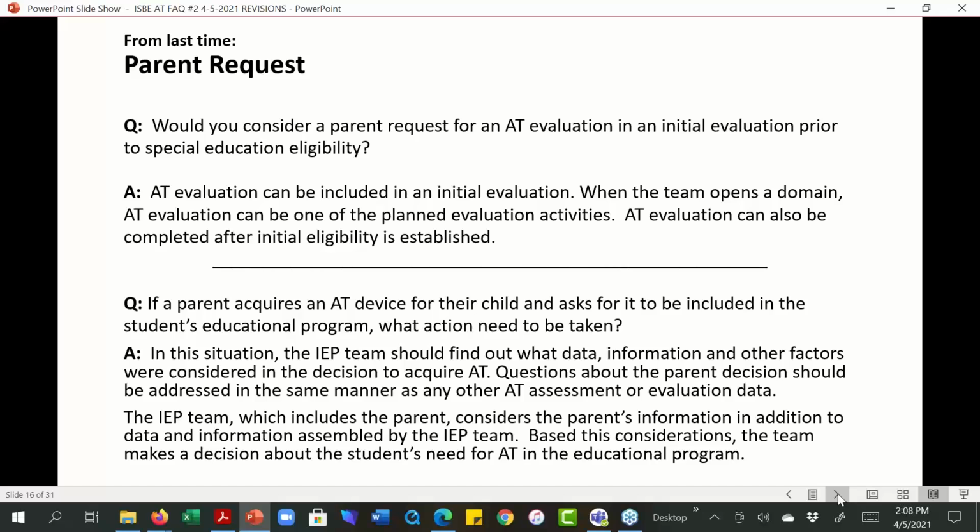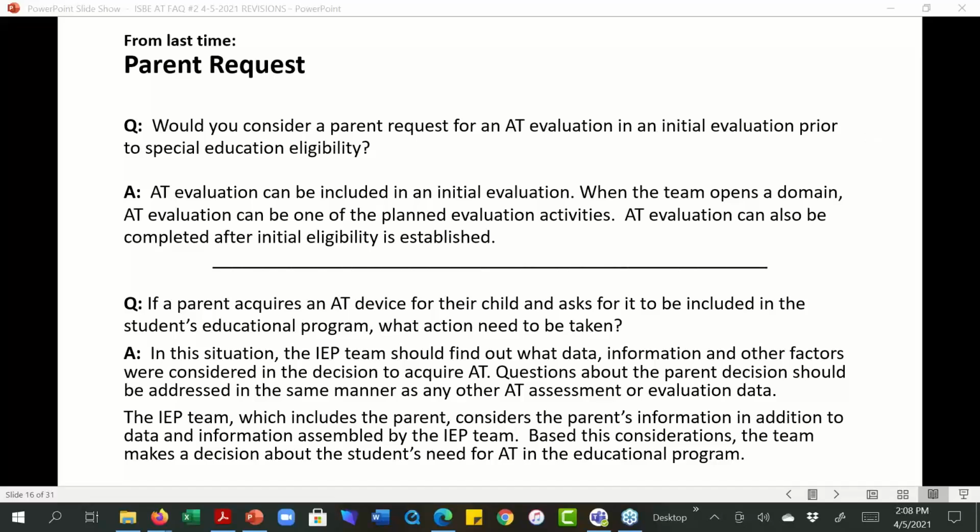So this answer has a couple parts. One is, you'll remember that Amy said that AT is not its own domain. So an AT evaluation would have to be related to one of the domains you're looking at in an initial eligibility statement. But also, an AT evaluation can be included in an initial evaluation when the team opens a domain and somebody thinks that AT might be one of the evaluation activities that are needed.